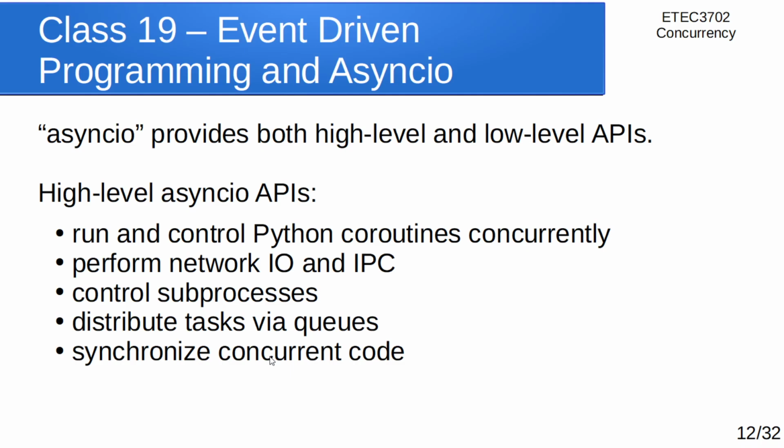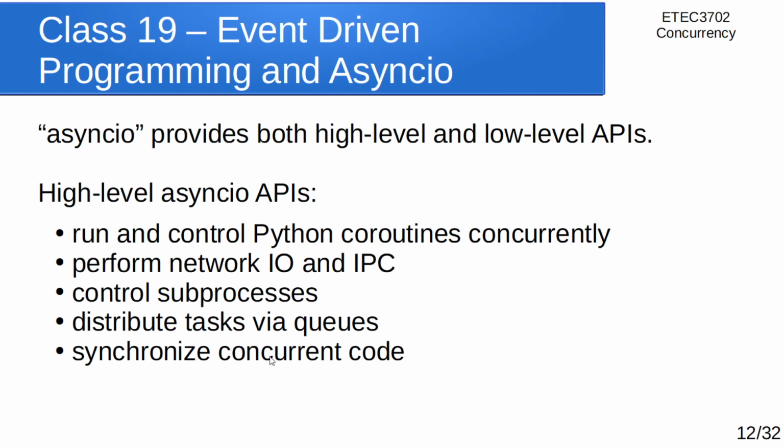The high-level async IO APIs essentially allow us to run and control Python coroutines. It allows us to create these coroutines and execute them. The high-level ones also perform network IO and interprocess communication for us, allow us to control subprocesses, distribute tasks via task queues, kind of like the event queues we talked about earlier, and also synchronize the concurrent code,